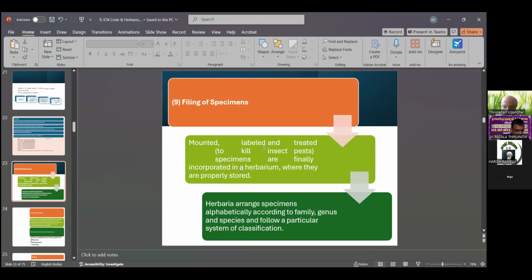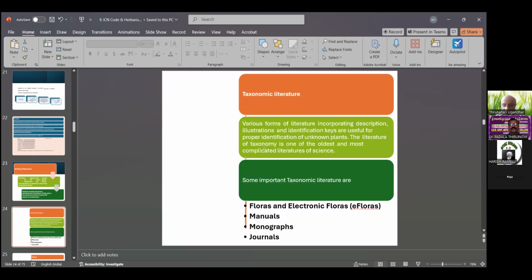The herbaria arrange specimens alphabetically according to family, genus, and species, and follow a particular system of classification. The Bentham and Hooker classification is the basis for preparation of the herbarium, a fundamental process which can easily be identified, and that system is called Bentham and Hooker classification. Then taxonomic literature, we have collected taxonomic